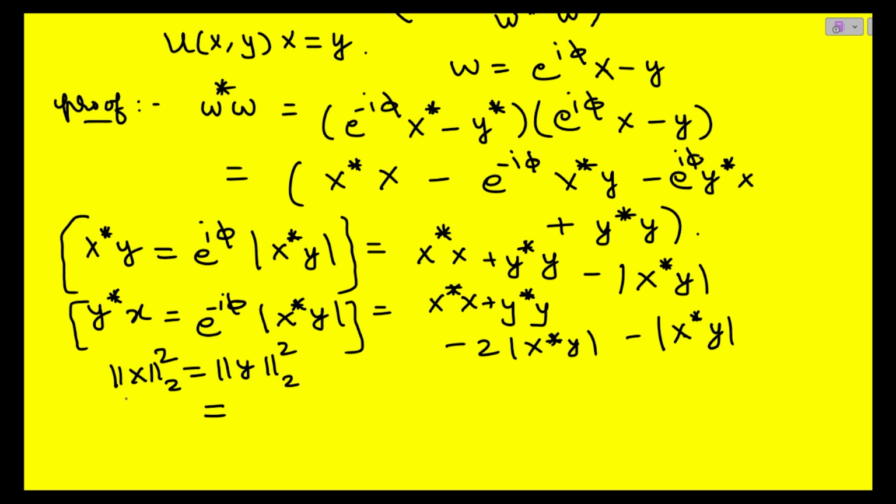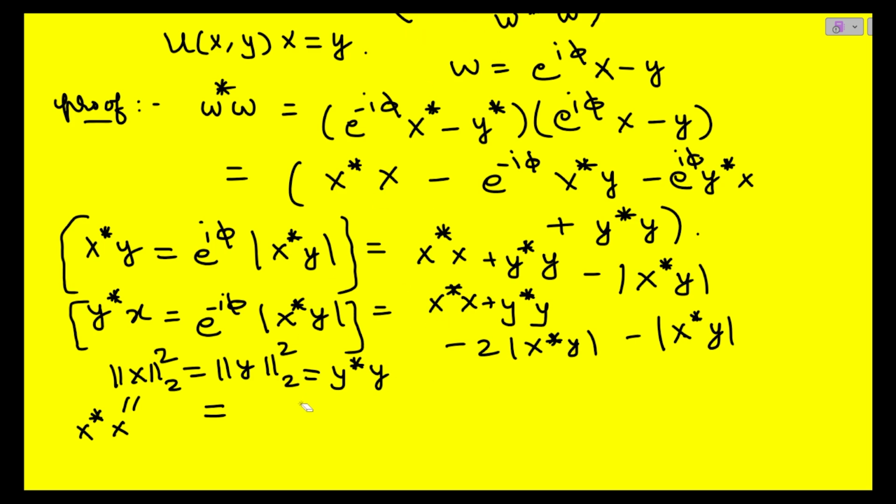But when you take the square, it turns out this is nothing but x star x, and this turns out to be nothing but y star y. The reason being, the way you define norm is the square root of x star x, for any vector x. From the definition, it follows that when you square it, you get x star x. So from here, what you conclude is that,